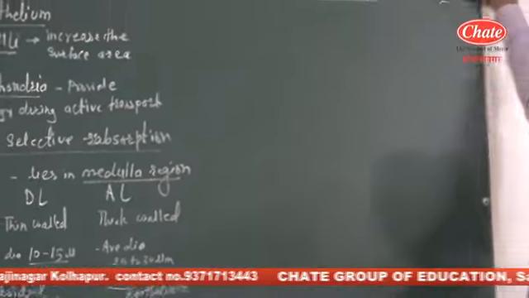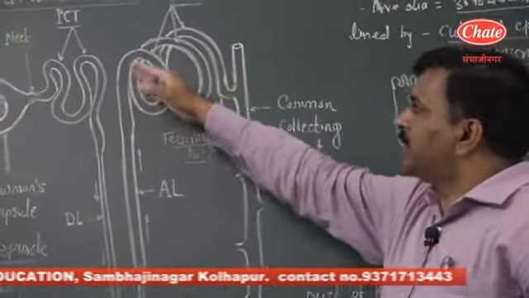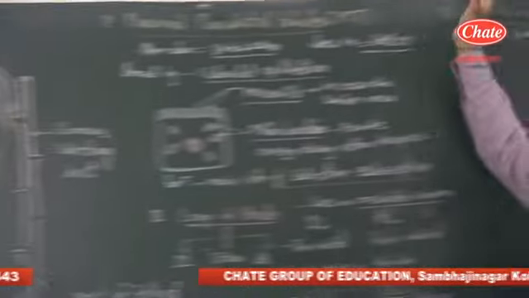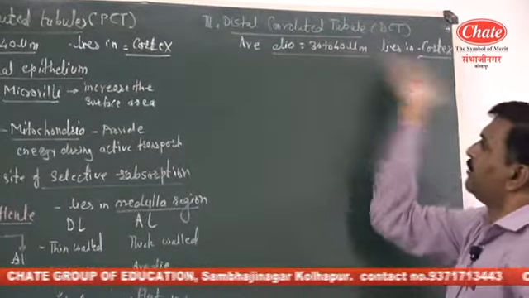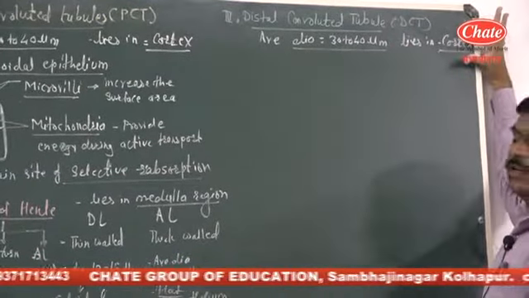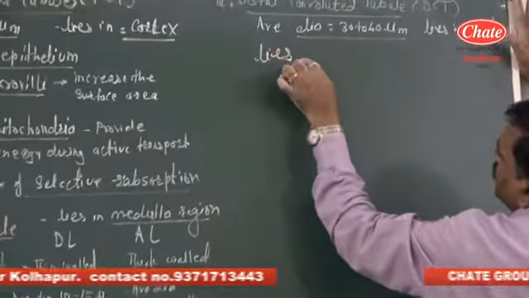So distal convoluted tubule means the convoluted portion of the renal tubule present at the posterior side, so it is termed the distal convoluted tubule. These distal convoluted tubules have an average diameter of 30 to 40 micrometers and lie in the cortex region. So these distal convoluted tubules are also lined by